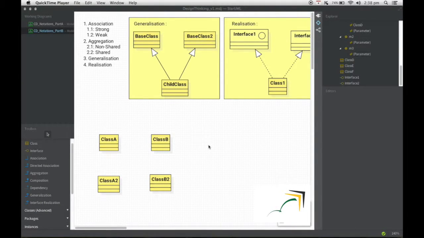Hello and welcome back. In this video, we're going to take a look at association. Just in the interest of time, to save a bit of time, I've drawn up the classes, but I've not drawn the associations themselves, and I will do that as part of this explanation, but I've just drawn the four